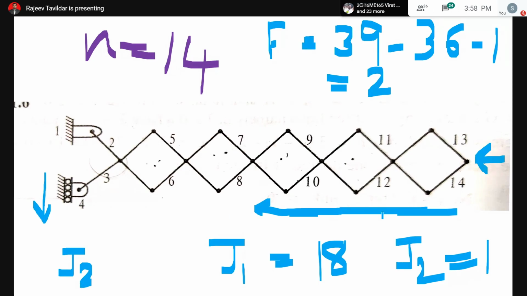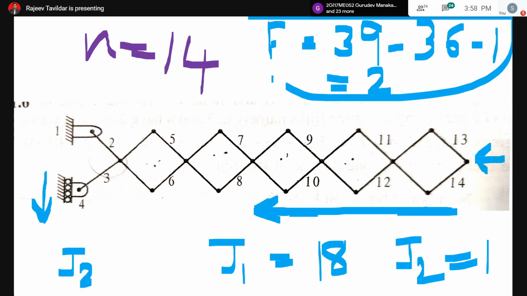So I have 1 degree of freedom, wherein I am translating it in x axis, because of which the rollers will move in y axis. So just by looking at the diagram without calculating the links or joints, I can clearly say that this mechanism has motion in 2 directions, hence it has 2 degrees of freedom. So that's how you can verify your answer over here. I hope it's clear.